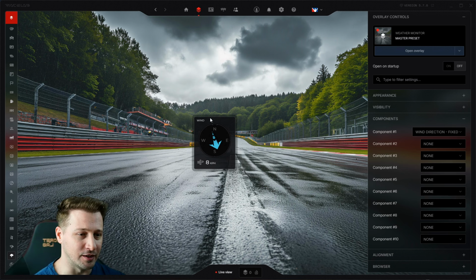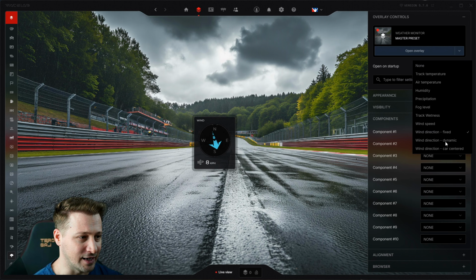The first one is where you have the compass, so the north, south, east, and west, just in a fixed position. So this is not going to move, it's always staying where it is. North is always pointing up. And the only thing that will change is the wind. We have a fixed compass, so just remember that. And then we have a dynamic mode,